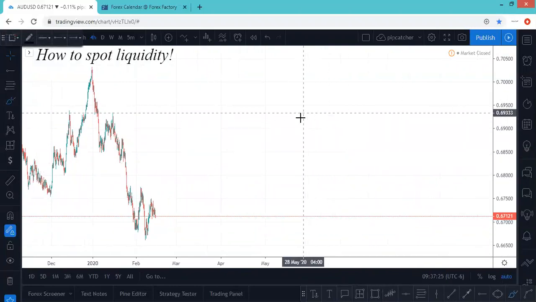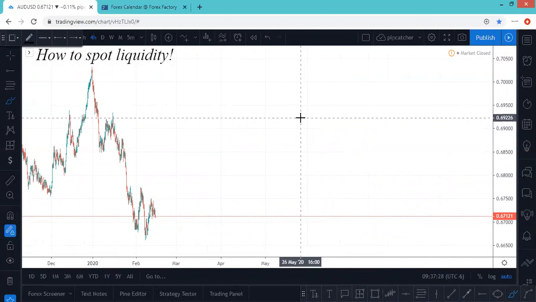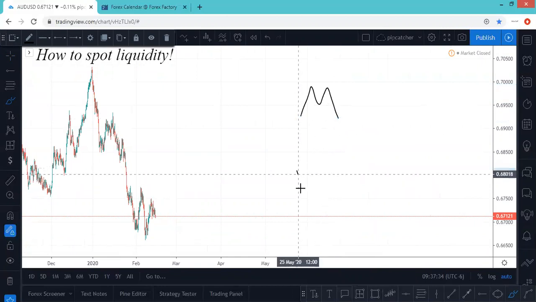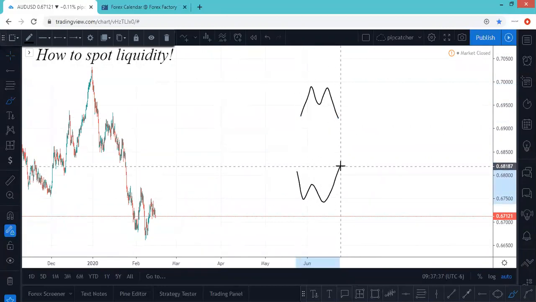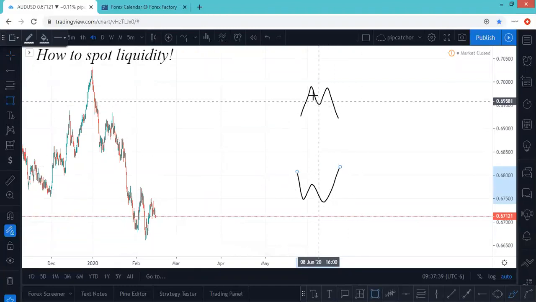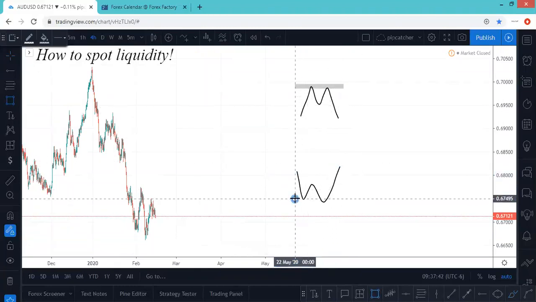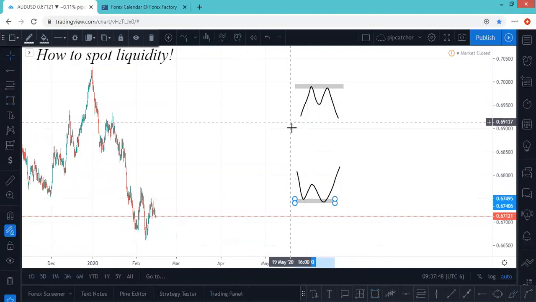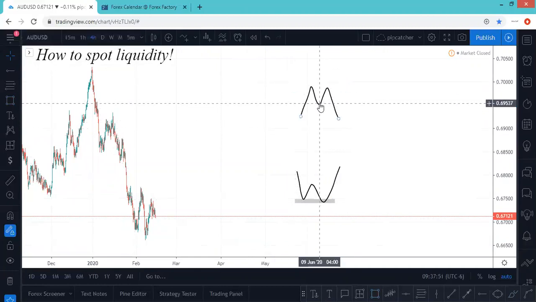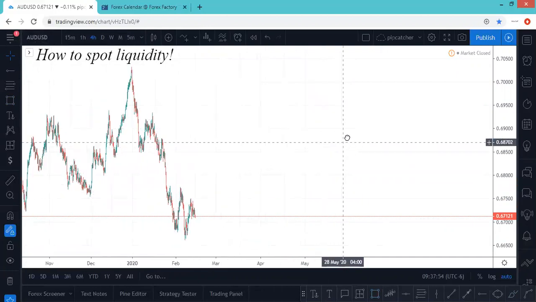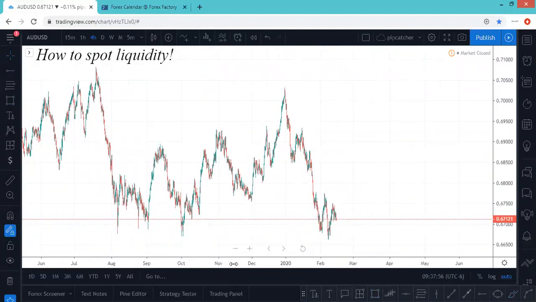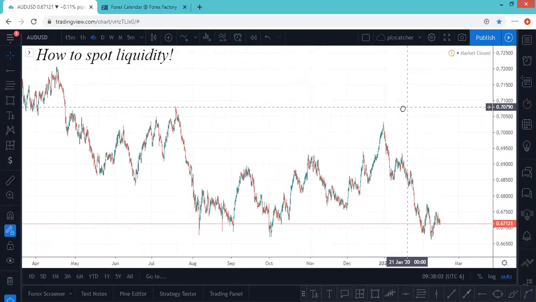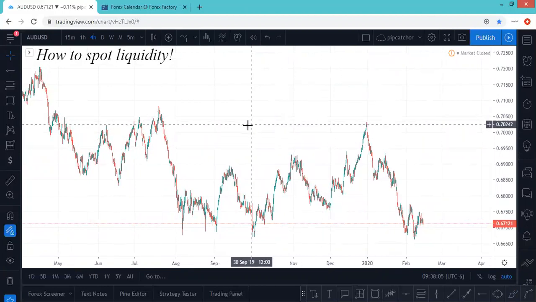We're going to keep it basic here today, but the main sources of liquidity would be retail patterns and any type of equal highs or equal lows, right? So like double tops and double bottoms, and trend line bounces and all of that. But the most basic one would be equal highs,